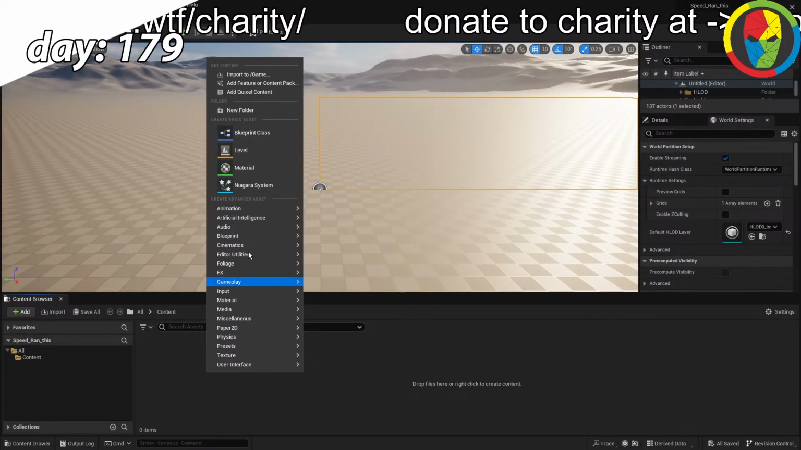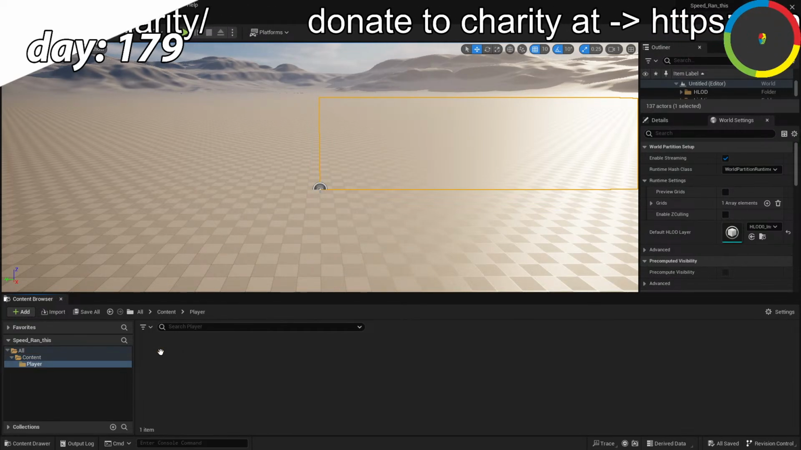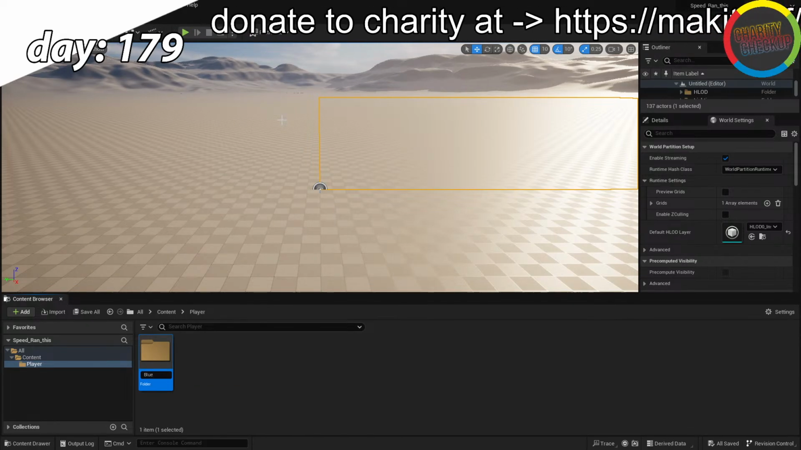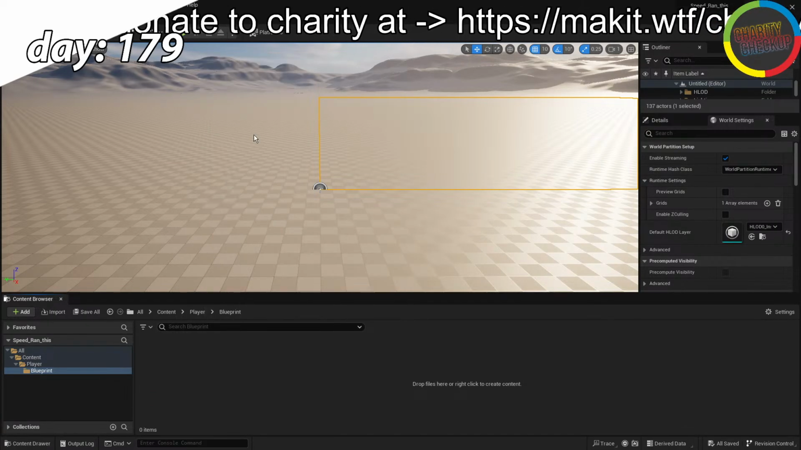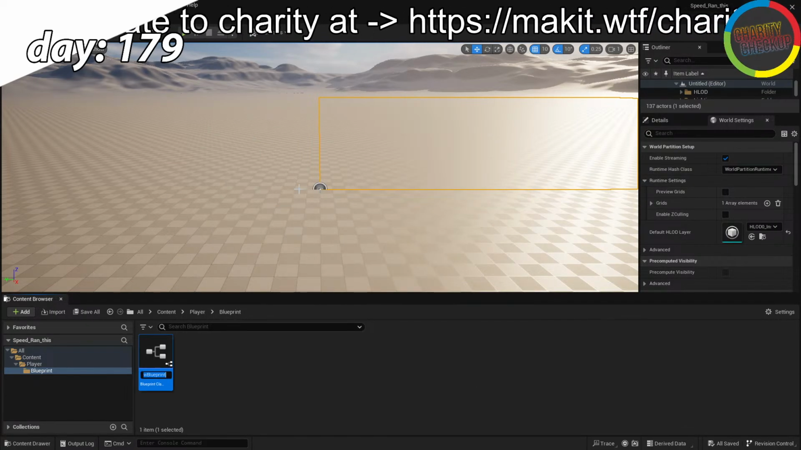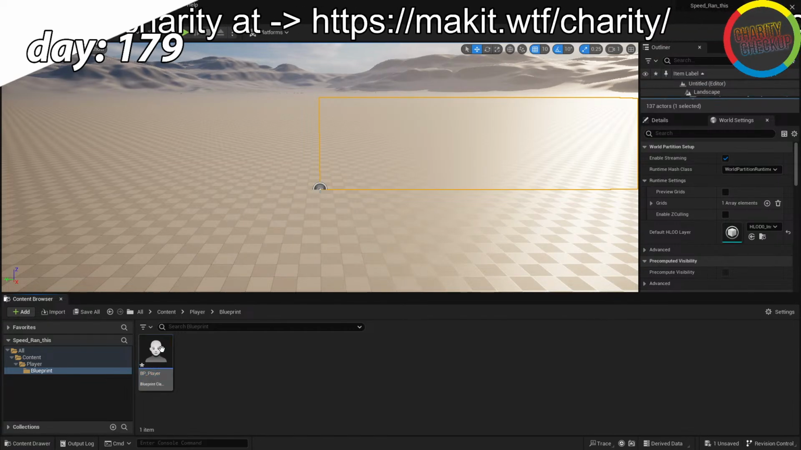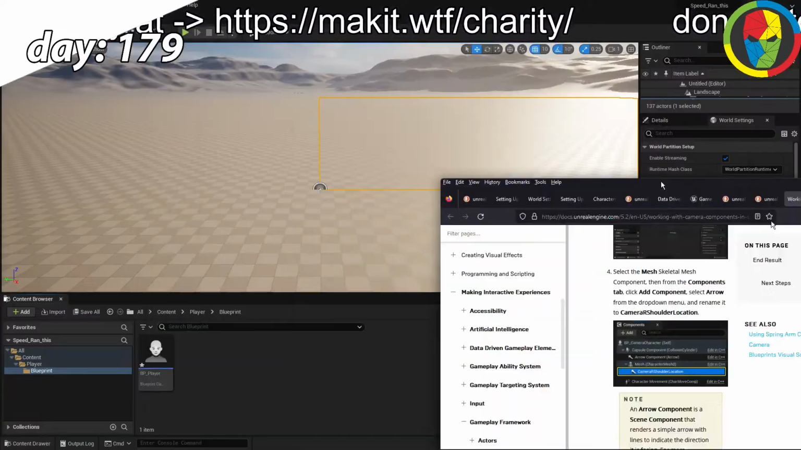Now what we do is just first of all create a new folder which we'll call the player. And then we are going to the player and we are going the new folder with the blueprint. And then over here we are creating a blueprint class with character. BP player. Now we are going to step 4, which is select the mesh. Yes, so